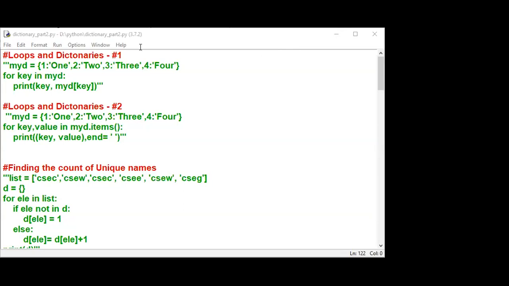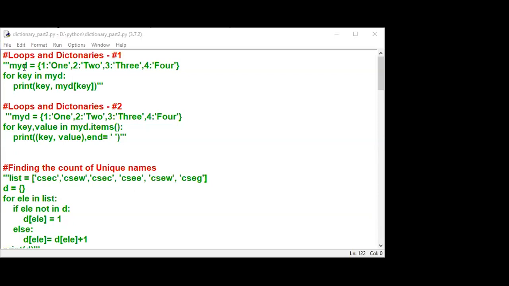Right. Now, I think you are all able to see the very first line. Today we are going to see first how to iterate the items in the dictionary, or how to visualize the key value pair in the dictionary. Look at the first line, loops and dictionaries. This is the first method. The number 1 is the first method.